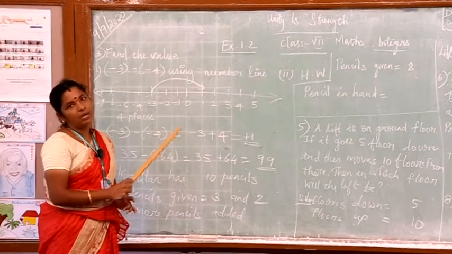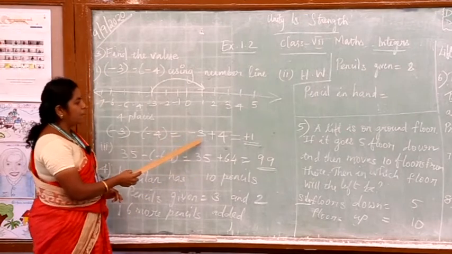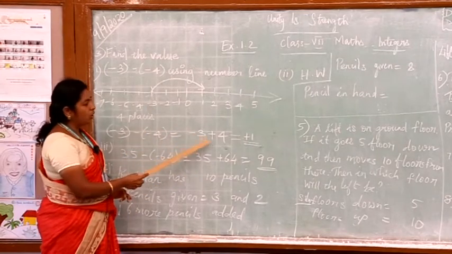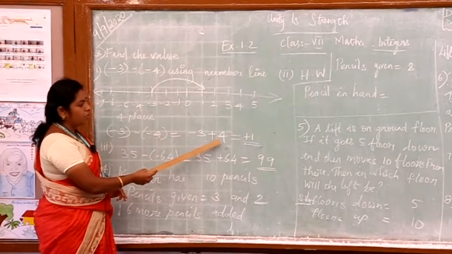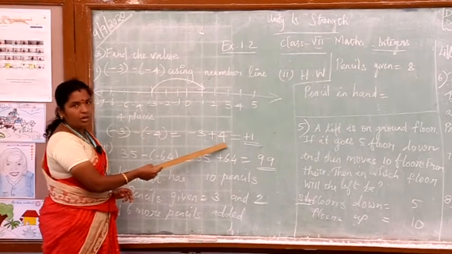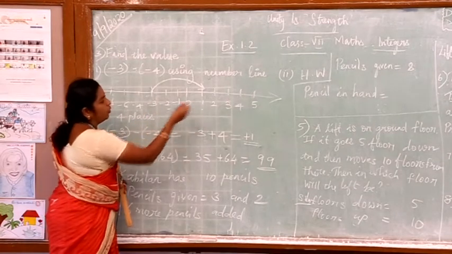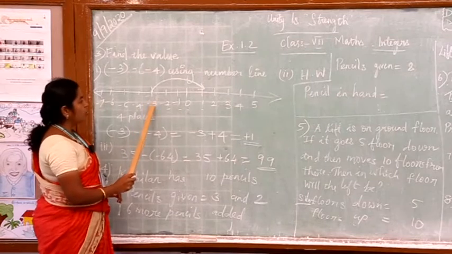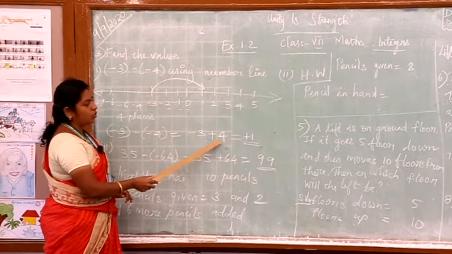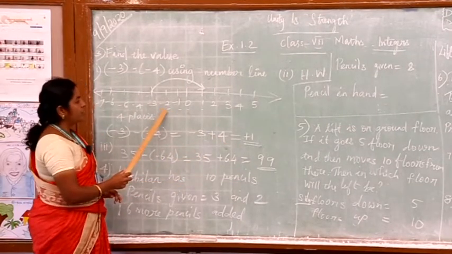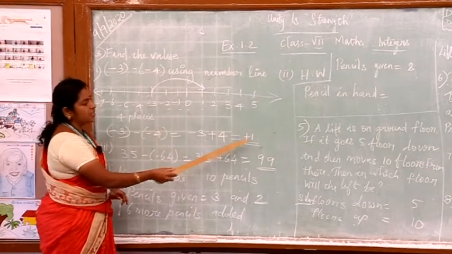We will check this answer on the number line, because your question asks you to use the number line here. So, we start with minus 3, then you have plus 4. Positive means it goes to the right side. How many places should it go? 4 places, because you have the number 4 here. So, 4 places after minus 3: 1, 2, 3, 4. The 4th number is 1. We are moving from minus 3 to 1, 4 places, because the question is minus 3 plus 4, and plus means always right side. So, we are moving 4 numbers: minus 2, minus 1, 0, 1. I am giving the arrow mark here. So, your answer is 1.